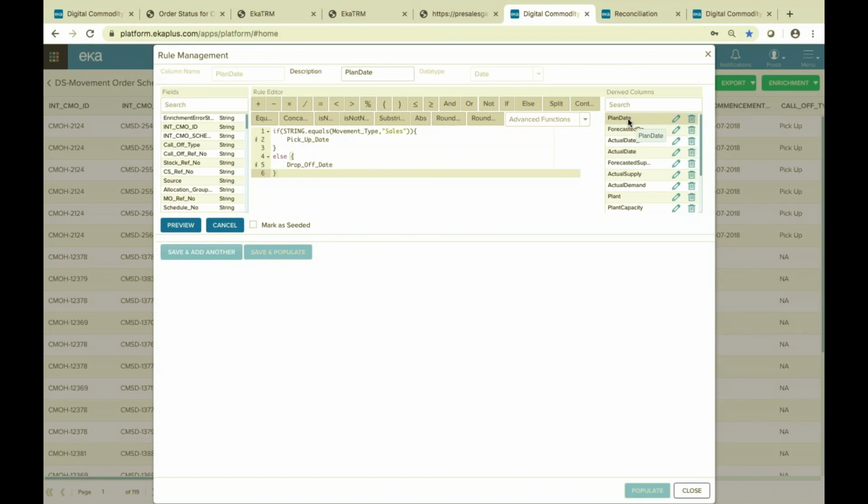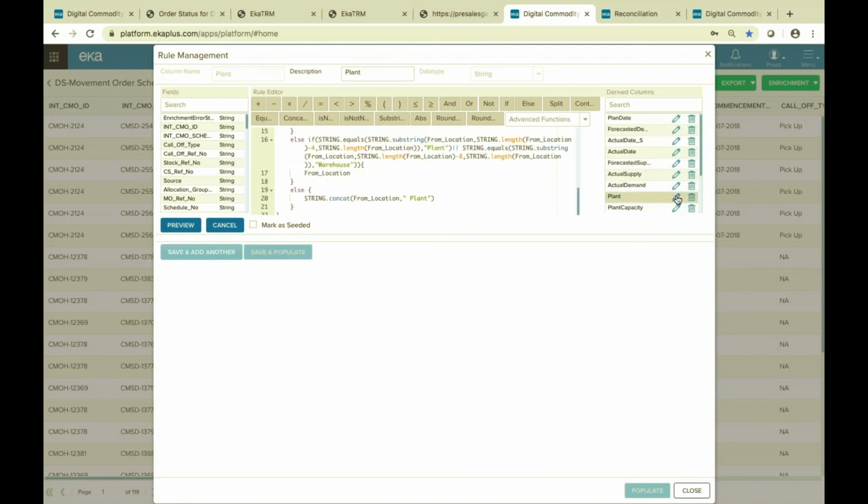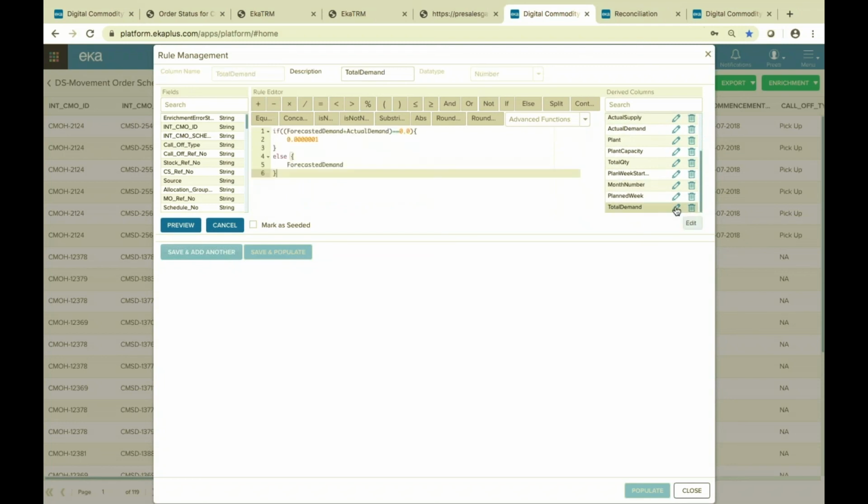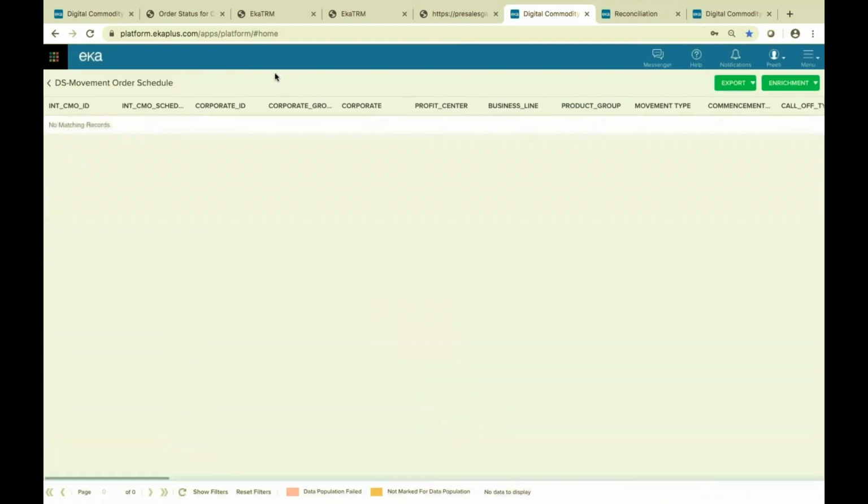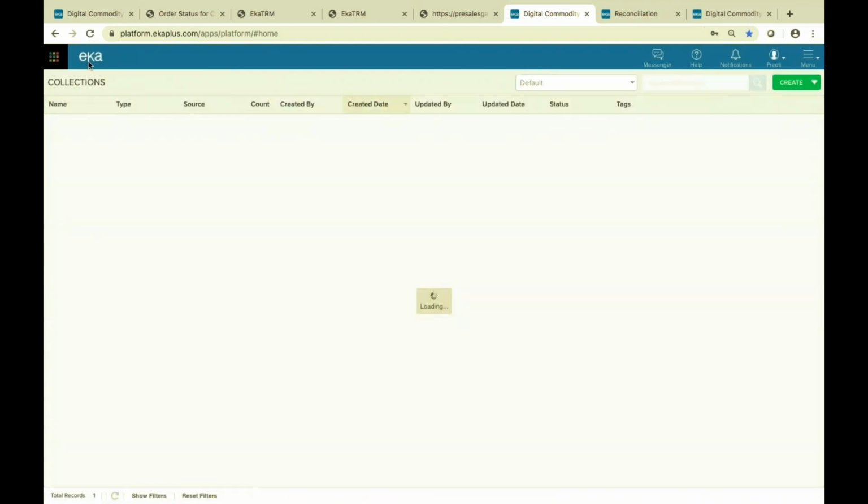So here is an example on the plan date. Then there's a forecasted demand, as you can see. So you can add unlimited number of business rules to extend these apps. So you can see plant, we've done some concatenation and pulled out the plant name from the big name. Then you can also see total demand coming in with some mathematical calculations here. So plant capacity is coming in with a lookup, which means the plant capacity is stored in another source of information. So we are looking up the plant capacity from there and pulling it in. So with some easy business rules configuration, we were able to create an example of a supply demand dashboard,